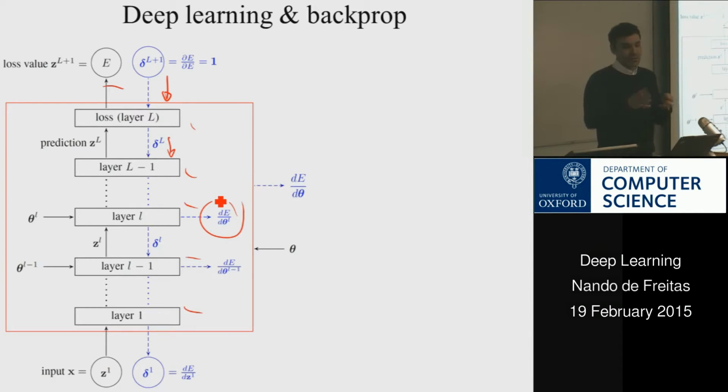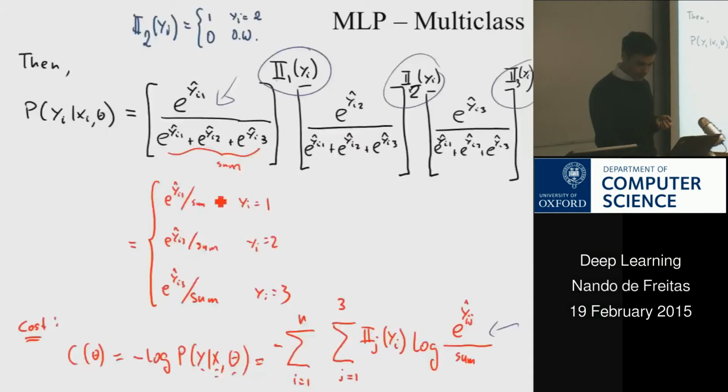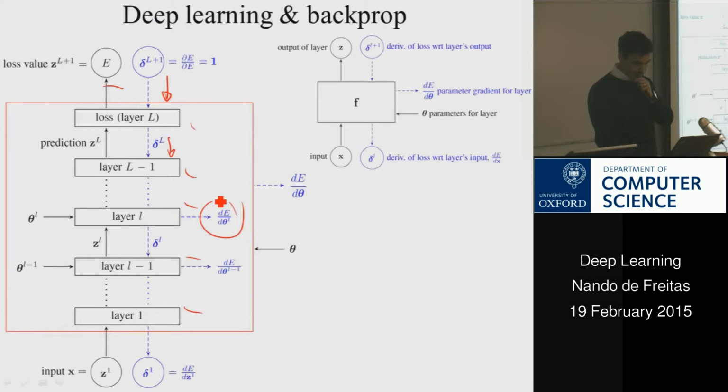And once you've designed, or you could design networks too, you could just use all the layers that people have designed and the networks that people have designed and compose them. And so the focus then is to just design a layer. As I move to talk about layers, instead of using a superscript Z^(L+1) for the output and Z^L for the input, to get rid of that extra index, I'm going to use as input X and as output Z. So X will always be the input to the layer, Z is the output.